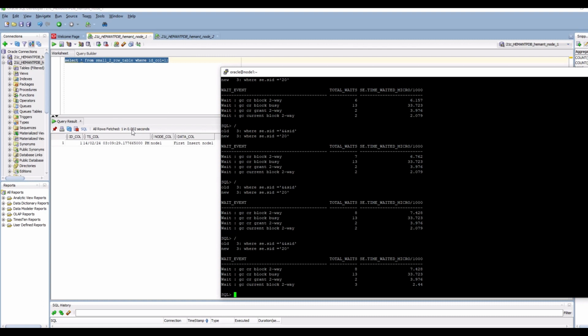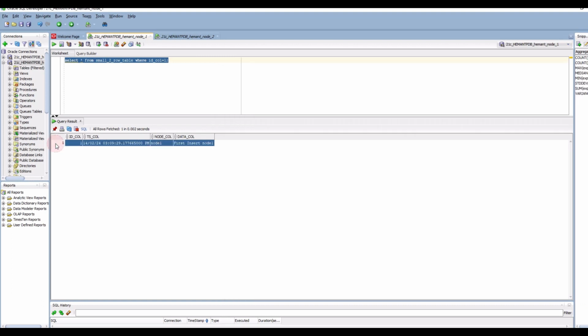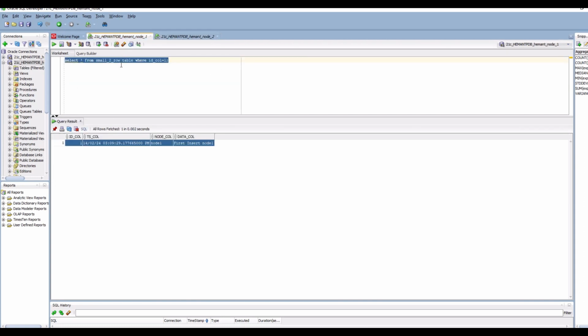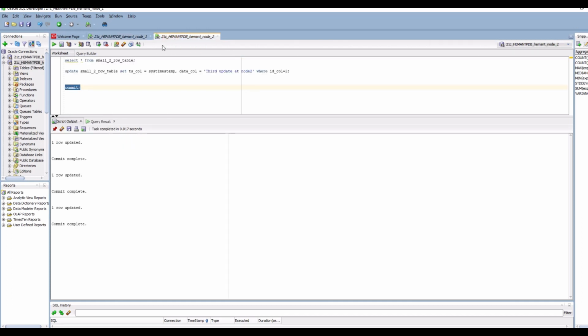What if node 1 was updating the first row and node 2 wanted to fetch it? If node 1 were to update this row and then node 2 wanted to execute this update, it would also have to wait. So you could also see that wait event. There will be a new wait event. Maybe you would want to test out that event and see what wait event occurs.